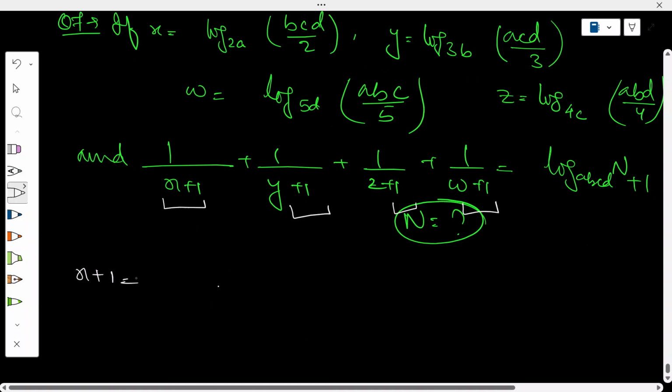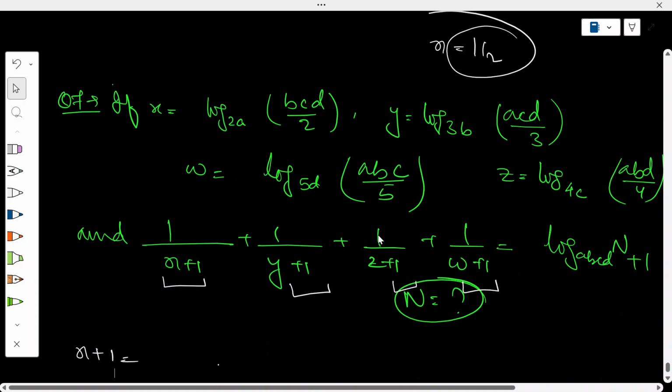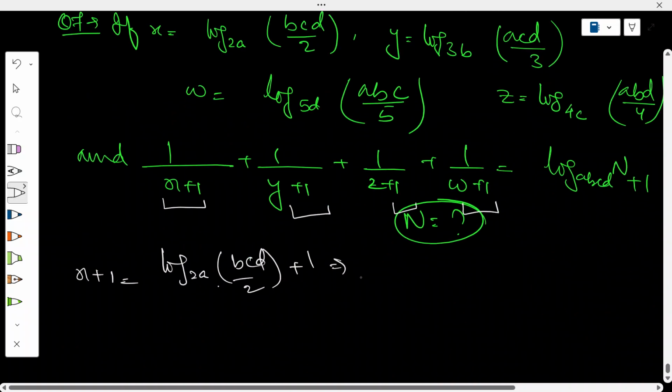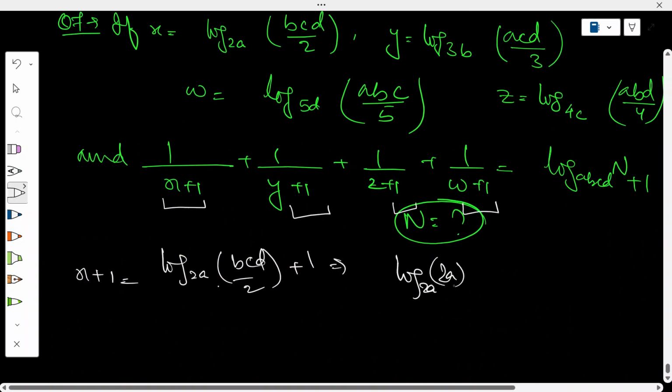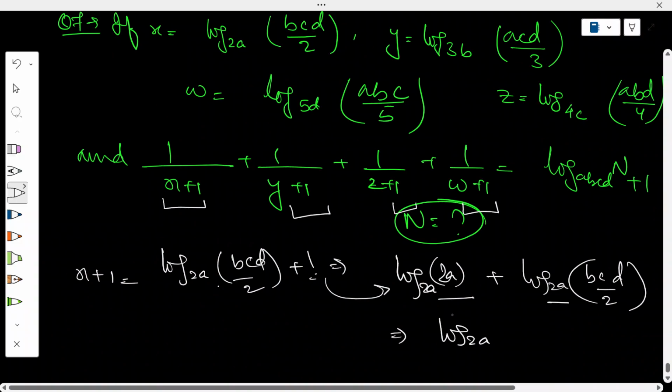क्रिएट करने को x प्लस 1 की वैल्यू होगी क्या? पहले सोचेंगे x प्लस 1 वुड बी 1 अपॉन log बेस 2a abcd ओवर 2, इसमें 1 ऐड करना है तो 1 ऐड कर दिया। अब इसको कंबाइन करना है तो कैसे कर सकते हैं? मैंने सोचा कि log बेस 2a एट द बेस ऑफ 2a 1 हो जाएगा, तो 1 की जगह हमने ये लिख दिया। अब ये log a प्लस log b है तो ये आ जाएगा log बेस 2a, बेस सेम है, और ये आ जाएगा 2a टाइम्स दिस, तो 2 कैंसिल हो जाएगा, ये आ जाएगा ब्रैकेट में abcd।